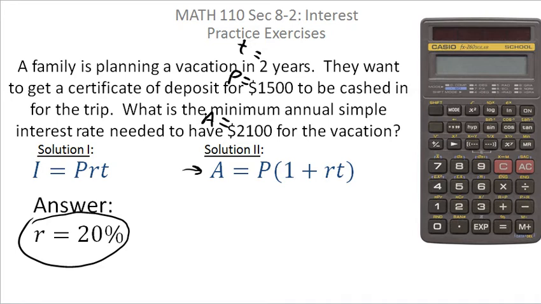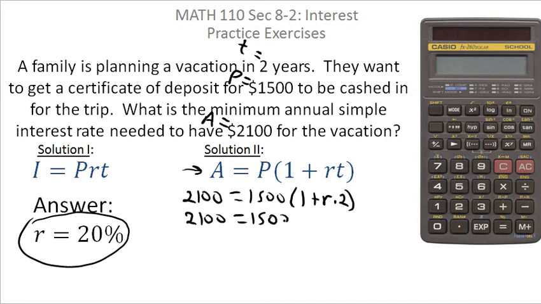And you could just plug in now for A, and you'd have 2,100 equals 1,500 times 1 plus R is what we're looking for, and the time is T, so it'd be times 2. And of course, if you want to make that look a little more normal, you don't have to take an extra step for that, but I'm going to write that as 1 plus 2R. If you multiply out the parentheses, you'll get 2,100 equals 1,500 times 1 is 1,500, plus 1,500 times 2 is 3,000, and then you have the R. So if I subtract 1,500 from both